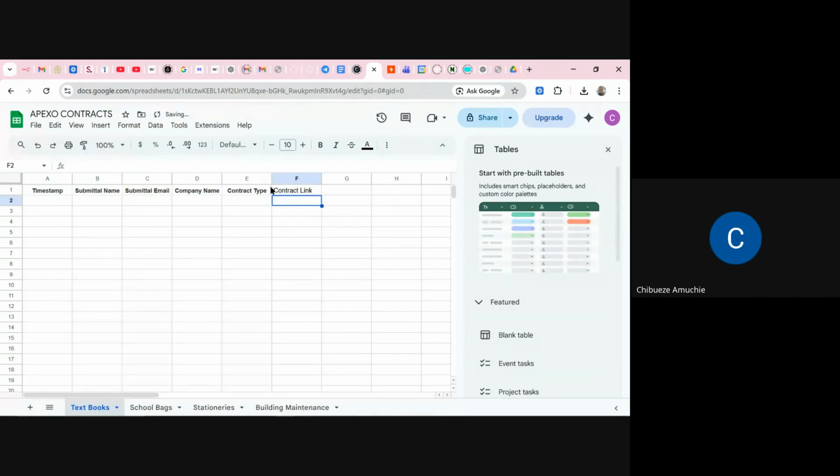Contract link. All right. Now I'm going to use this and this. So here I'll just copy all this. Go to school bags, like this. Stationaries, like this. Building maintenance, like this. Right. Another thing I would add is this. Another thing I would add is